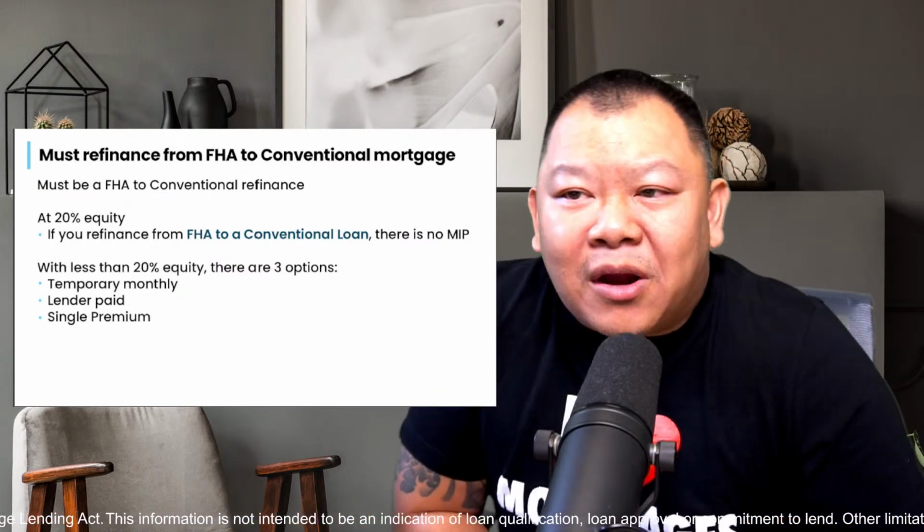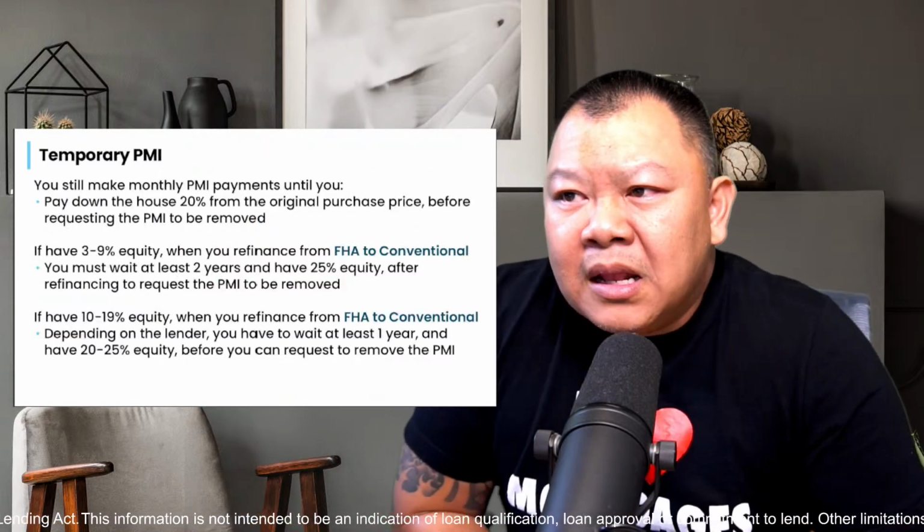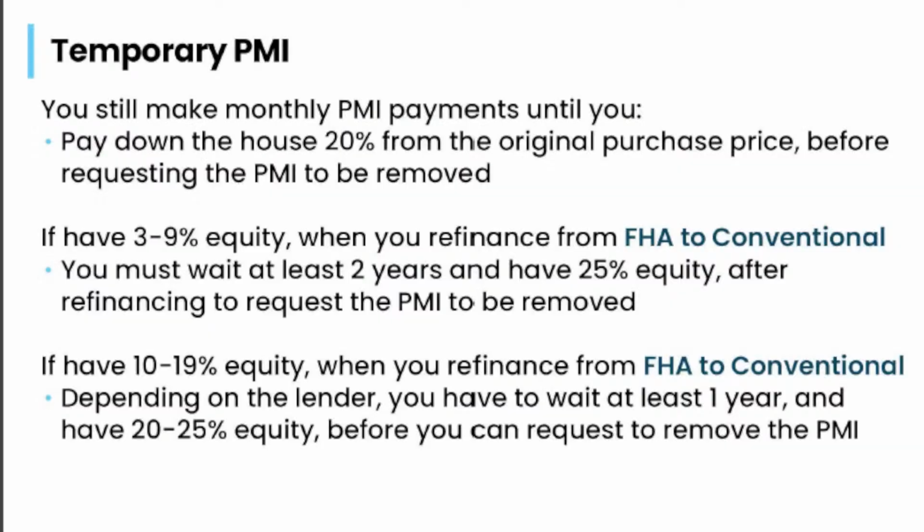Let's talk about temporary PMI. Let me read the slide here to you. You still make monthly PMI payments until you pay down the house to 20% from the original purchase price before you can request the PMI to be removed. If you have 3 to 9% equity, when you refinance from FHA to conventional, you must wait at least 2 years and have